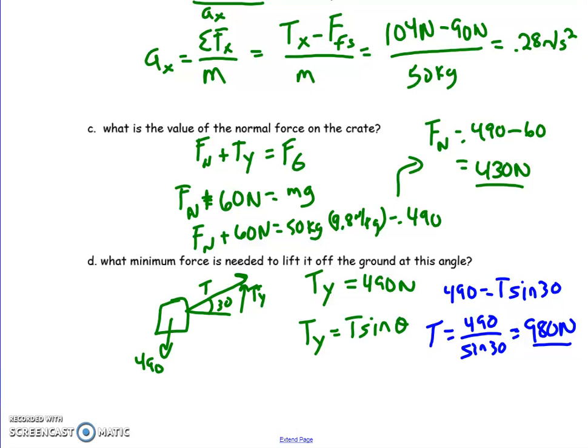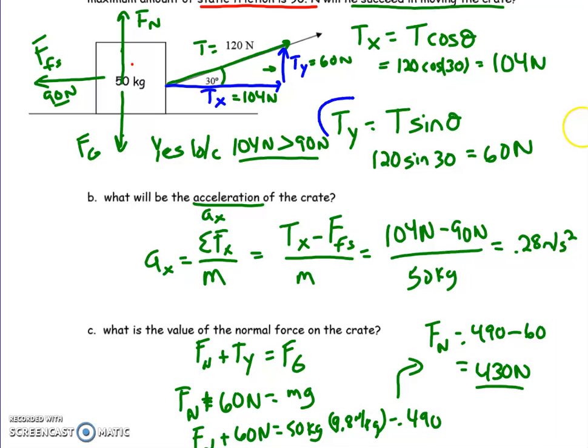Okay, so this last problem, we just reversed what we did right up here. So if I want to lift the crate up, I need a vertical force equal to the weight. That's this one. So that determines how much I've got to pull here because some of it's going to be horizontal. All right, we'll do more practice with this in class, and this will also apply to the lab that we